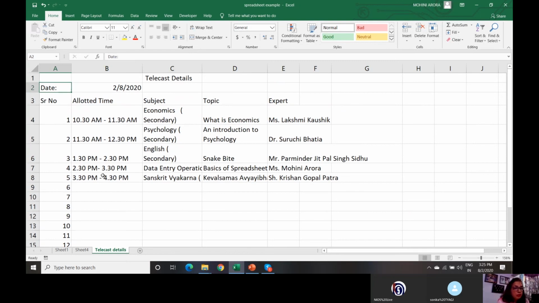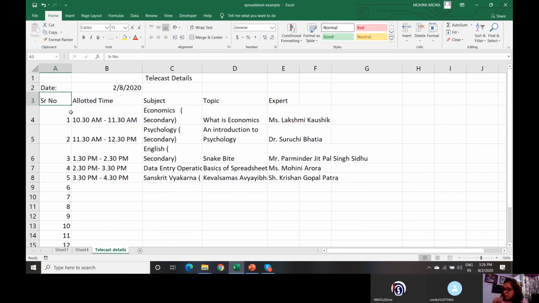But I want to view the column headings even though I scroll down. So if I want, I can freeze this portion of the worksheet. Once I freeze it, this portion will remain intact. I'll show you how to do that.